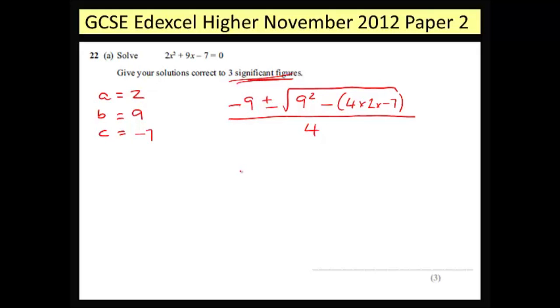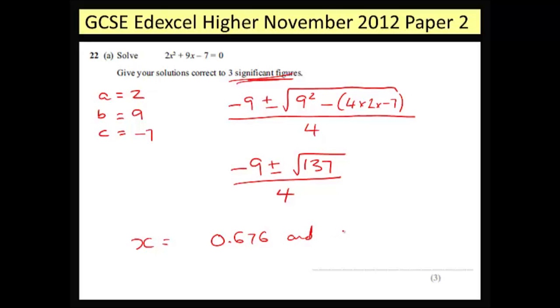Once I've got that, I can tidy everything up and get negative 9 plus or minus the square root of 137, divided by 4, and this will give me my two solutions for x as 0.676,